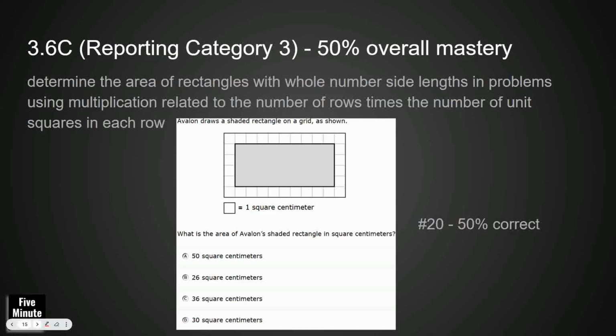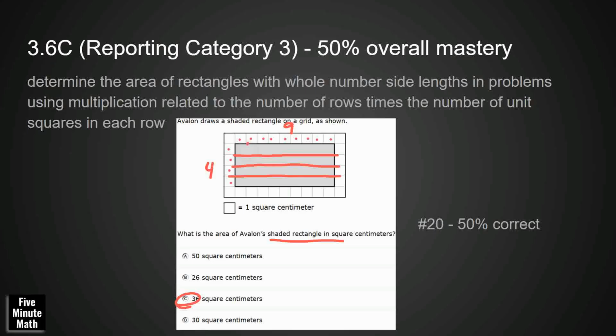3.6c, we are looking at 50% overall mastery of this area. So area and perimeter were both areas of growth here. And we need to find the area of the shaded rectangle. And so there's a few different ways we can do this. If our students have started internalizing what the area formula is, we can say I've got 1, 2, 3, 4 times 1, 2, 3, 4, 5, 6, 7, 8, 9. 4 times 9 equals 36. Or if it helps them,